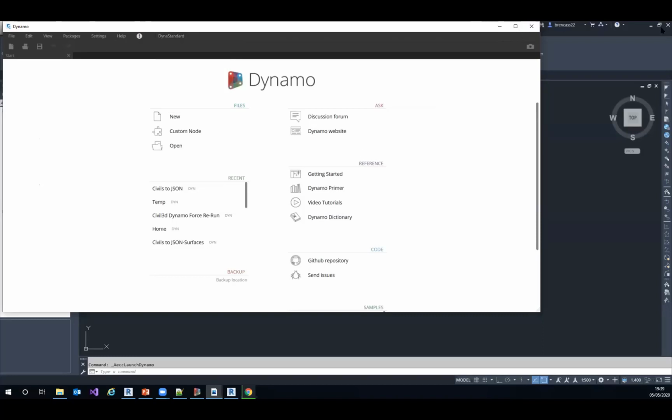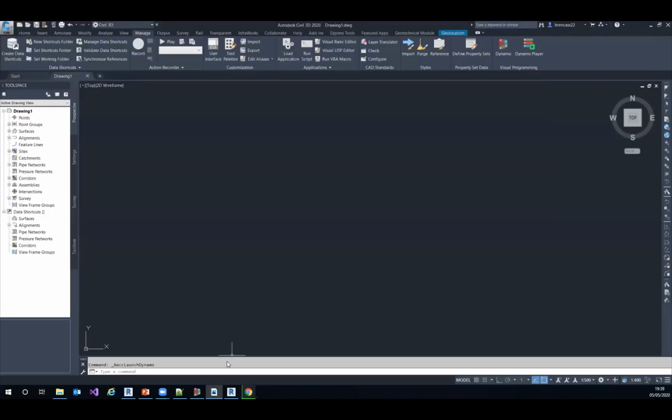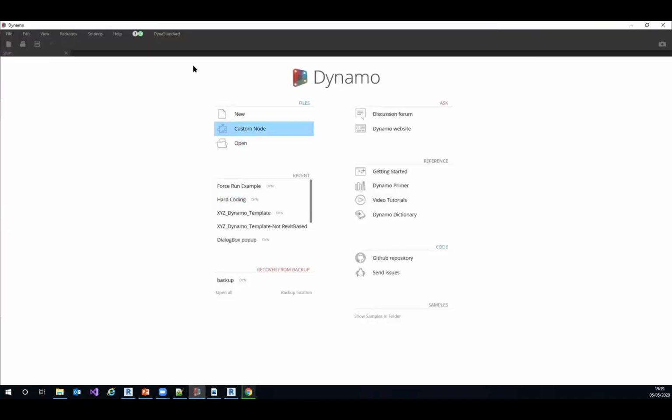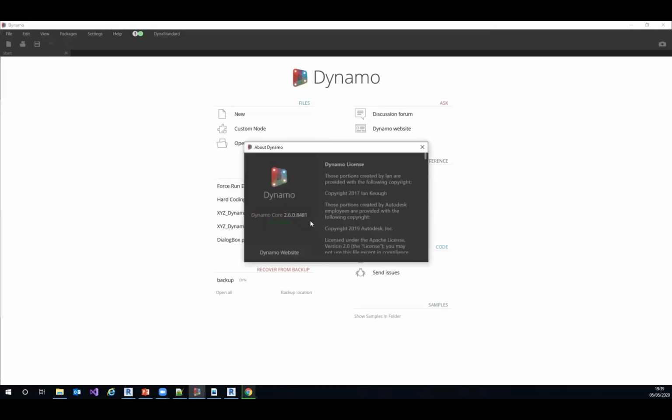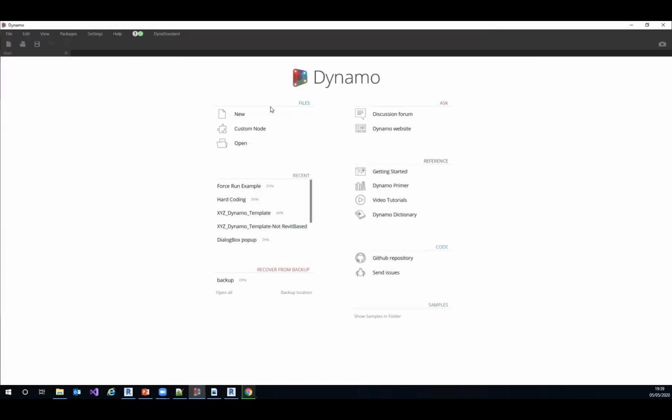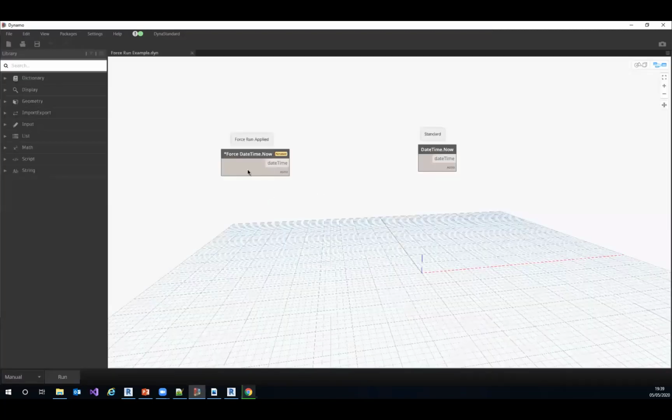And then I am going to use Dynamo 2.6. Just a pre-warning, some things may look different. So if I come to the force rerun, so of course, if I delete that for now, rerun, as you can see, gives us a current time, and